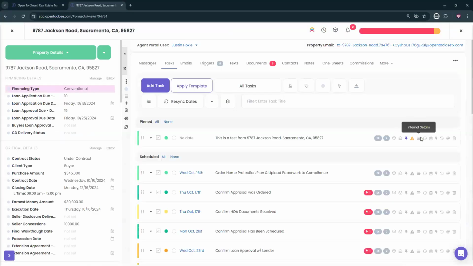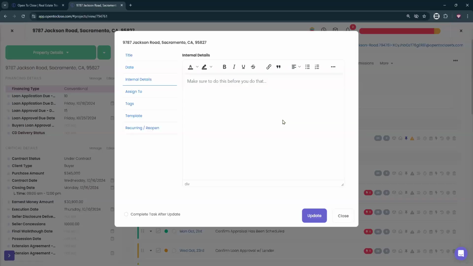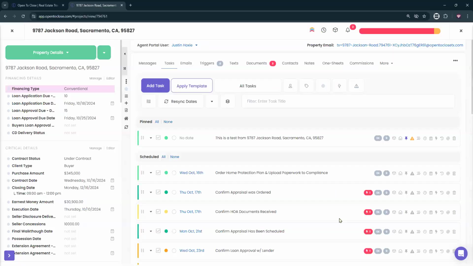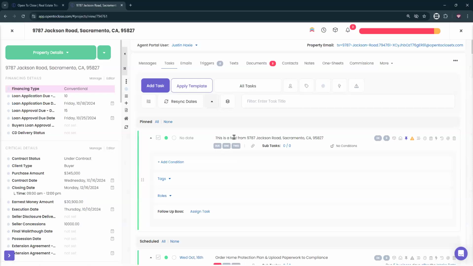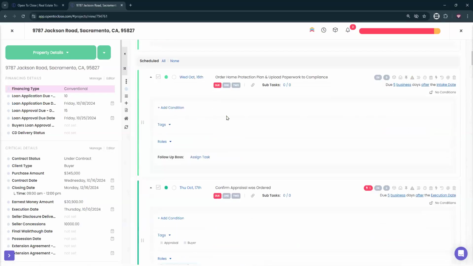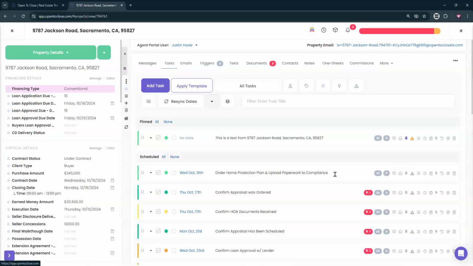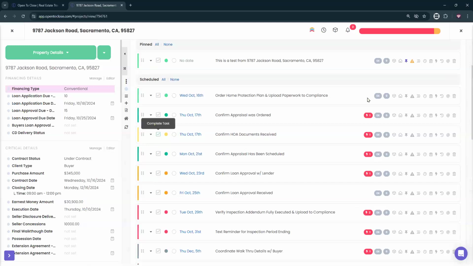Where you go to the internal details, right now, similar to what Natalie's running into, it is difficult to know without color coordination and without very specific tagging. Like I don't have a tag on this one. I just know what this one is, but I don't have tags on some of my tasks, right? And unless I'm super familiar with my process, or I don't have that many task templates to keep on top of, it can be difficult to keep on top of which task